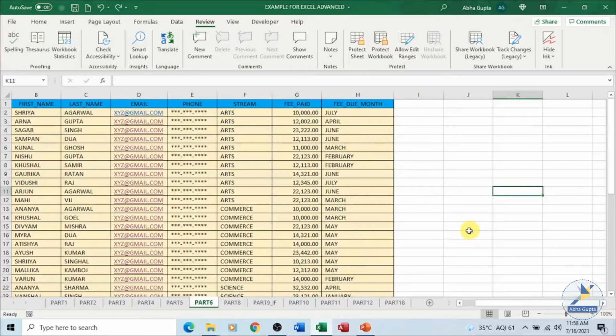Here we have our data. We have some records in place which I want to share with some others, and before sharing this data, I want to add in some comments which others should review, and if there are any changes they can tell me. Instead of writing it on paper and passing it on or verbally telling me, they can add in the information here only in Excel itself in the form of a comment.